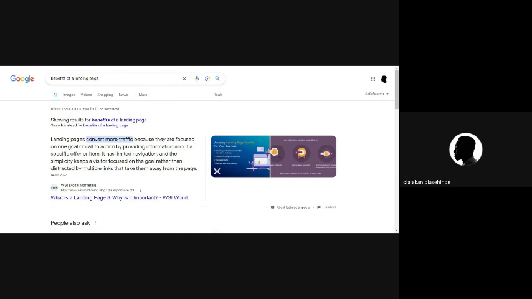So working on this project, the first thing I decided to do was to make sure that the button to get the download link for both iOS and Google Play are well showcased on the website, so that it's not difficult. Like as a user is coming to the website, it's very easy